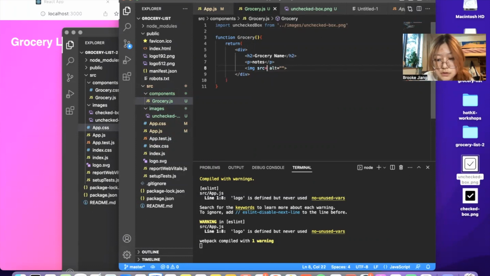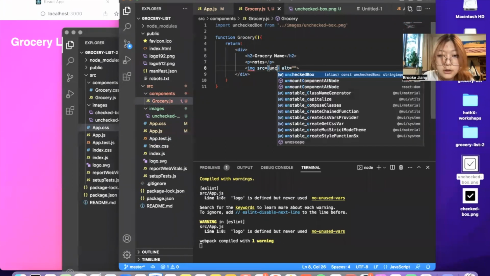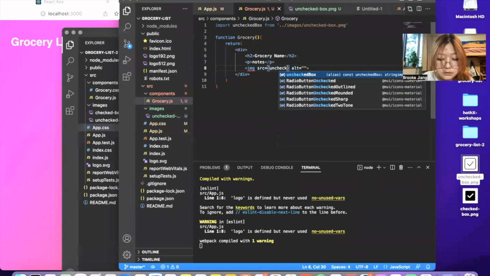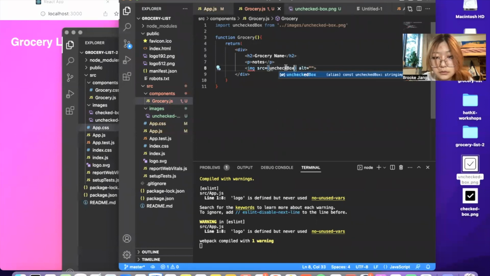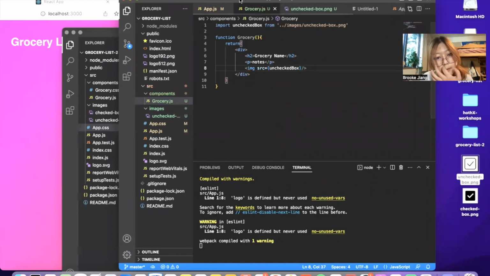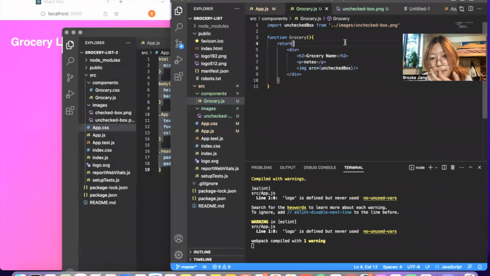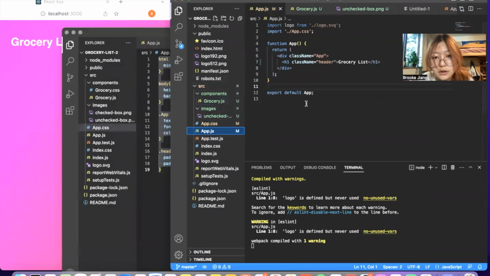So the source is going to be just unchecked box, but in curly braces, recall what we talked about. And we're just not going to put any alt text for now. Close the tag. This should work. Now what we can do in app.js is we can have